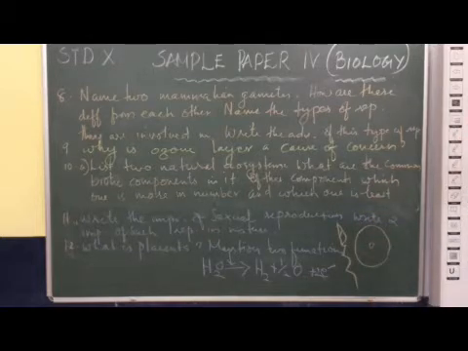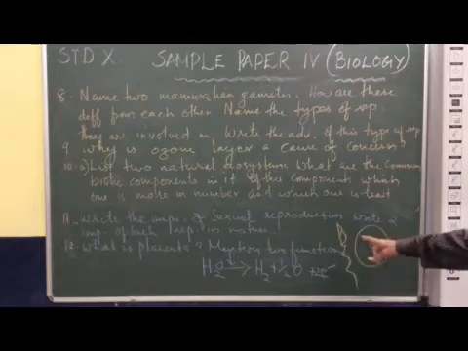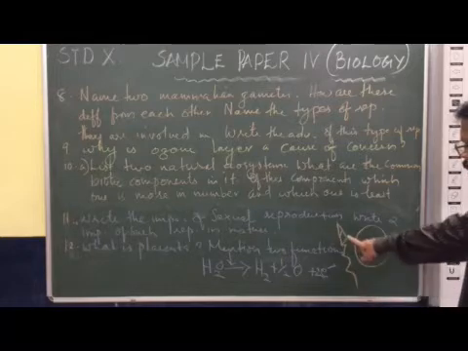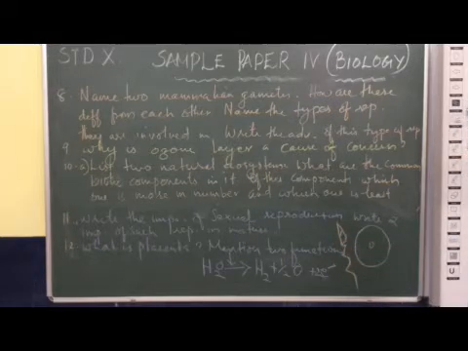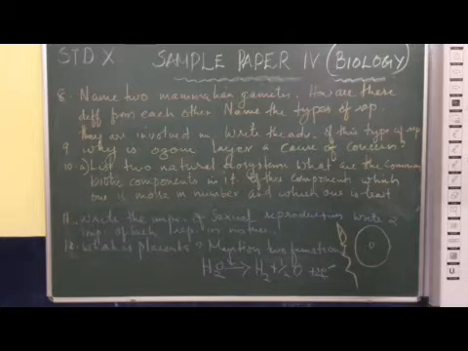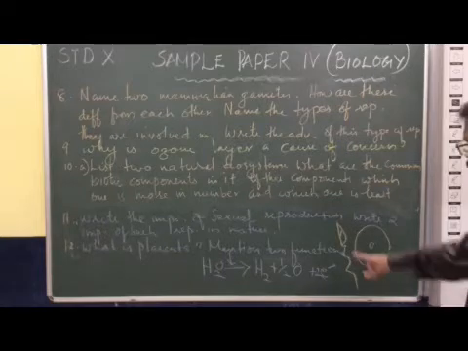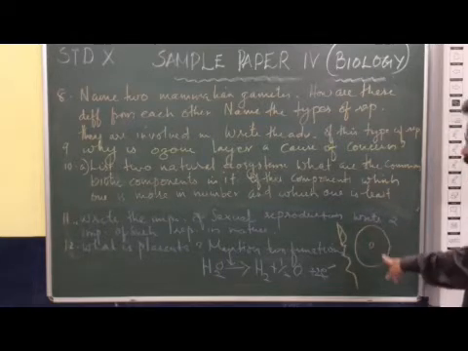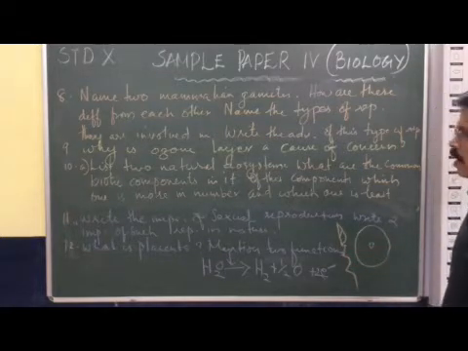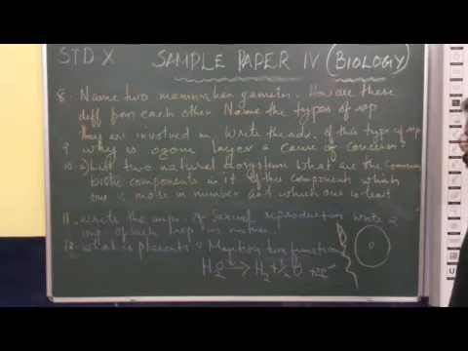Now, how are these different from each other? There are many differences. I told you the sperms are movable or motile, and the egg is non-motile. The sperm has mitochondria for providing energy, whereas the egg is without mitochondria, so that it does not move. The egg is spherical in structure, and the sperm is lean, thin and filamentous. The sperm has a tail, but the egg doesn't have a tail.